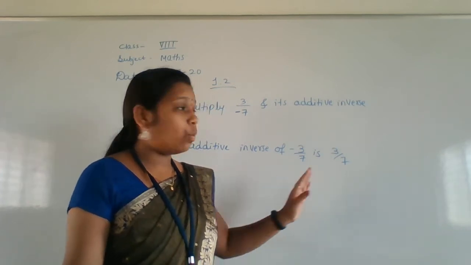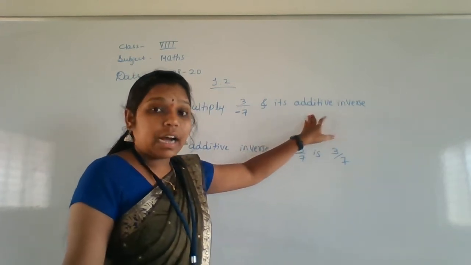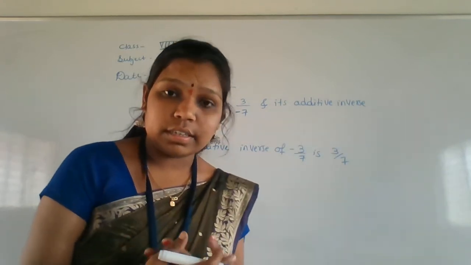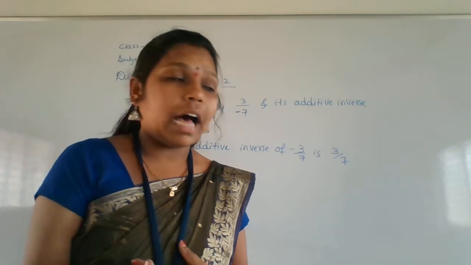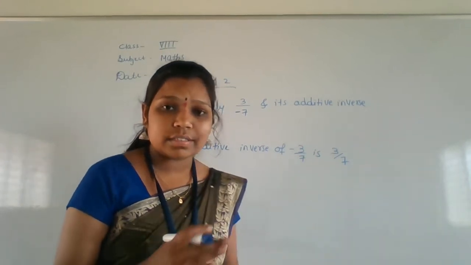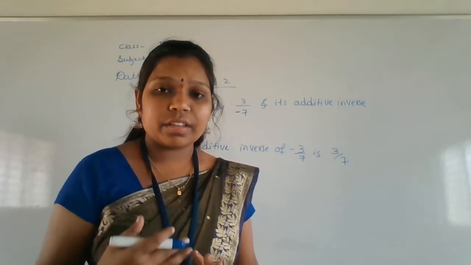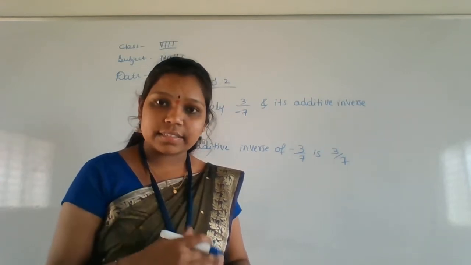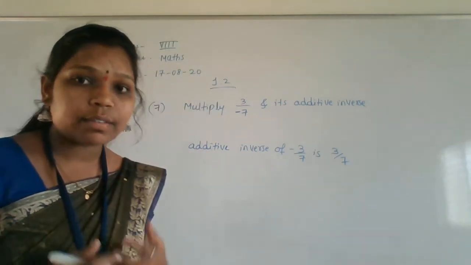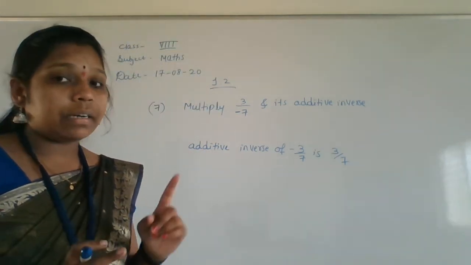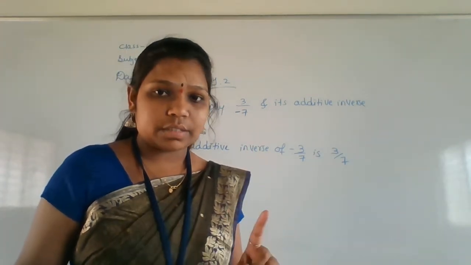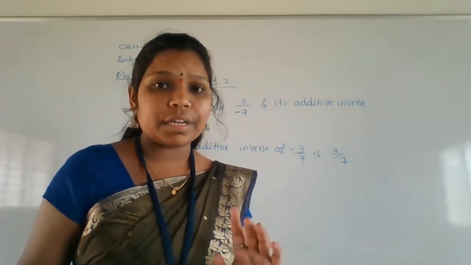I am telling you, the additive inverse means you take the negative sign of that given number. Again, they have given a negative sign here, so that's why I am taking a positive. If positive is there, then negative will be the additive inverse. If negative is there, then positive will be the additive inverse value, and the additive identity is always 0. Okay, but for the multiplicative inverse, the multiplicative identity is always 1, and how do we take that value?